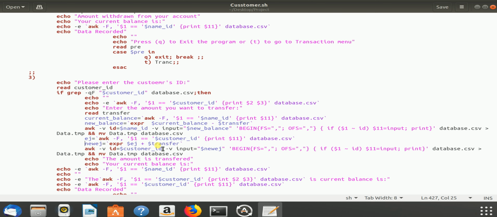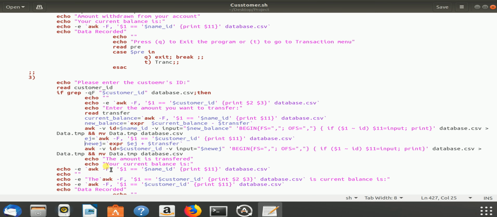So basically, it will subtract the amount from my account, and that amount will be added to that customer's amount. After that, it's going to save that into the database file and give me this